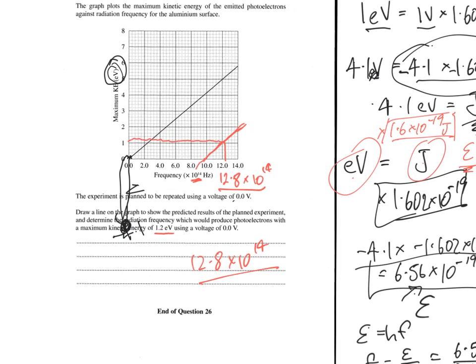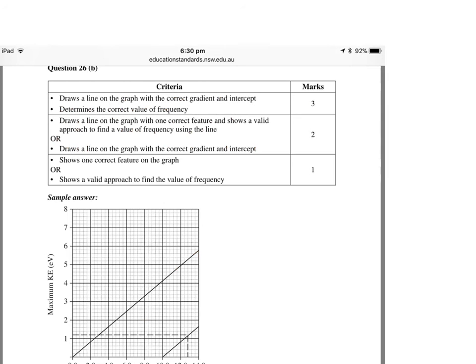A difficult question, and that's the frequency we wanted. That frequency will give us a maximum of 1.2 electron volts. So a difficult question, but to get marks, I'll just show you some of the ways to get marks that the Board of Studies used. This is from the Board of Studies website, the marking guidelines for question 26b in 2014. You can see if you got stuck in the exam and you weren't sure how to go about answering this question,